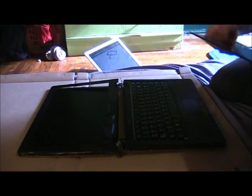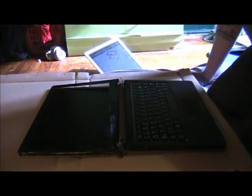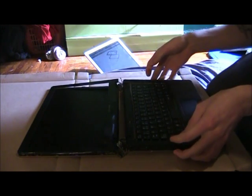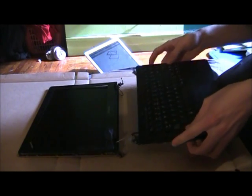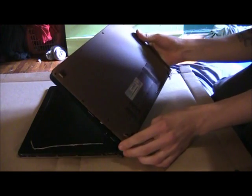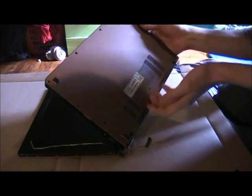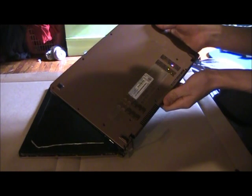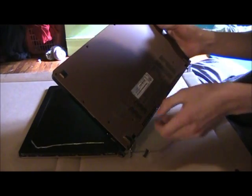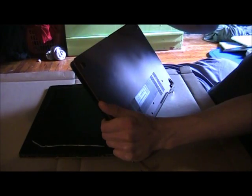And first I'll just be kind of showing you how to actually take it apart. I've already taken mine apart, but I'll show you the steps to take. And basically there's about 13 or so screws on the back that you'll be needing to disassemble and take out. And once those are all out, using this star-shaped T7,